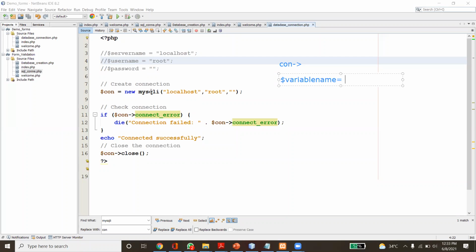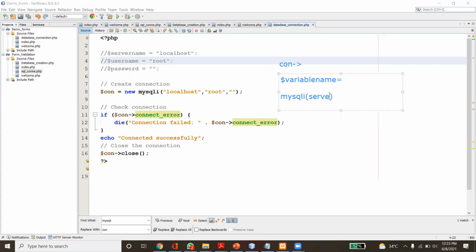So as an argument for this function, which method are we going to use? MySQLi. There are different methods for creating a connection. This is one way. There is one more method, mysql_connect, that way also we can use, but this is the latest method name we are going to use. The different arguments, in sequence, are server name, username, password, then database.